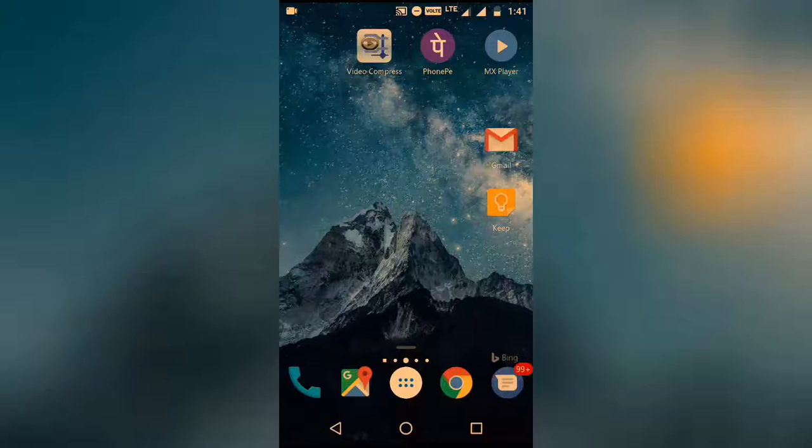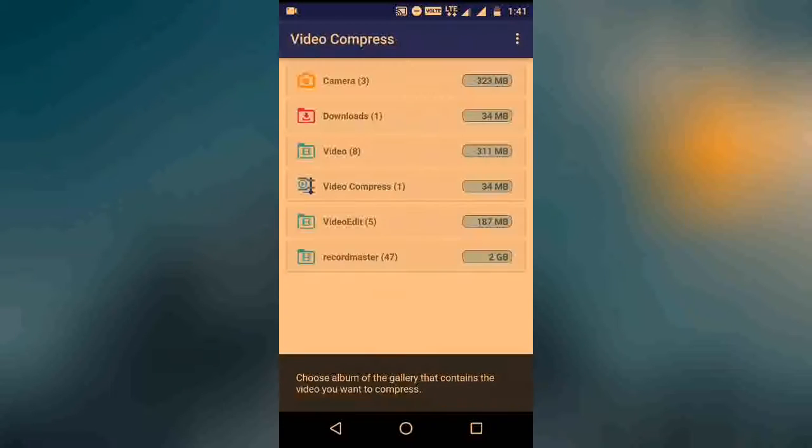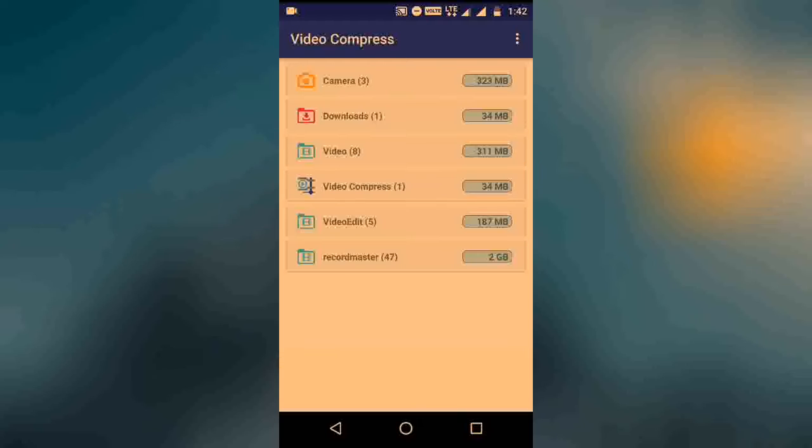Hey, welcome, and we are talking about how to compress your video on your phone. You can install this app, Video Compress, from the Play Store on Android. I don't know if it's available on iOS or not, but you can use this app. And if you have a file over 1 GB, 2 GB, or 3 GB, it's going to work very efficiently